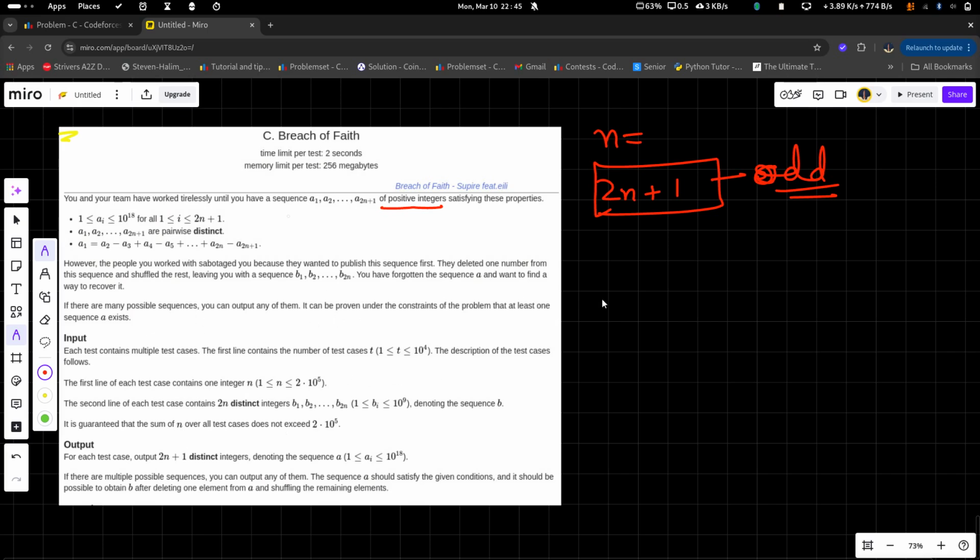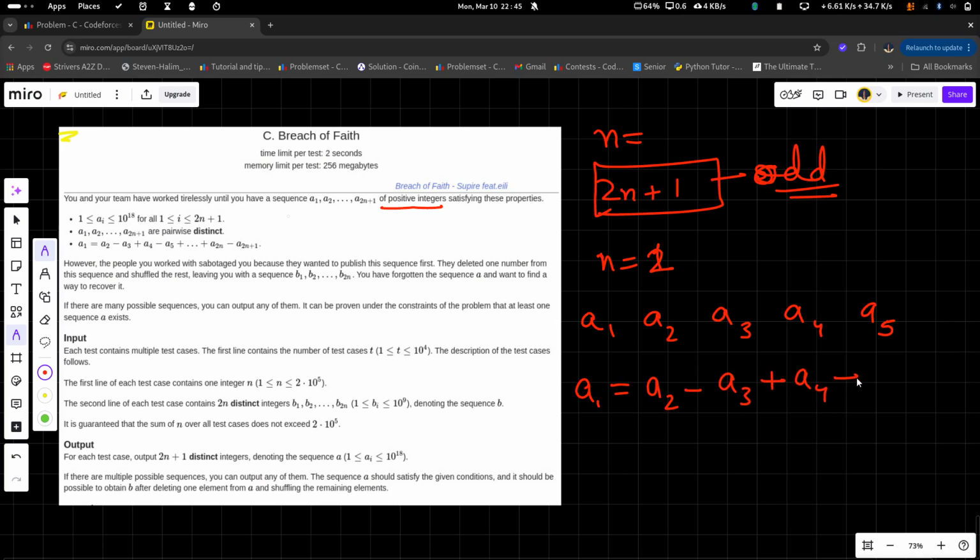Basically, let's say n is equal to 2. Then you used to have the sequence a1, a2, a3, a4 and a5, where a1 was supposed to be a2 minus a3 plus a4 minus a5.